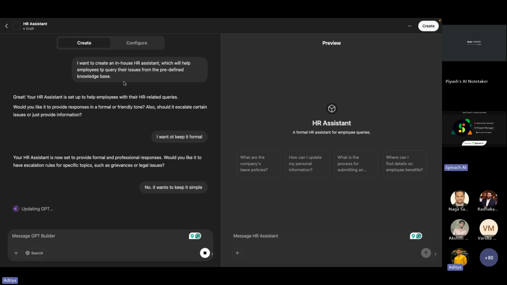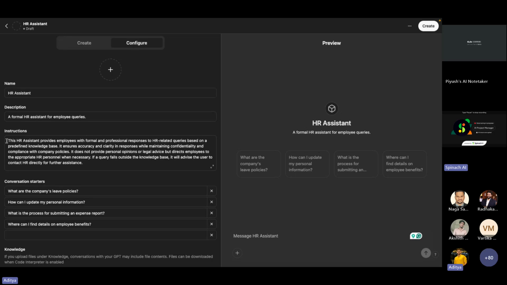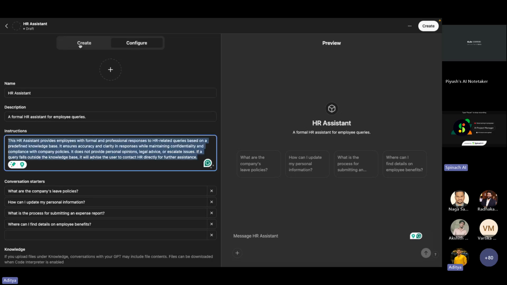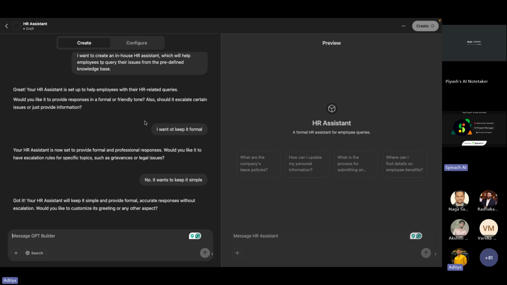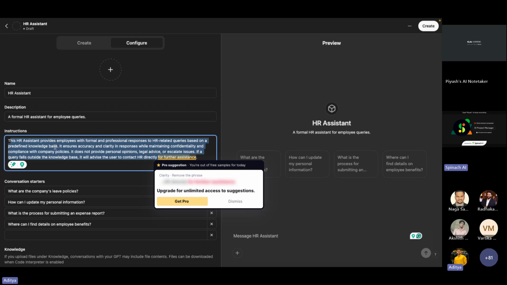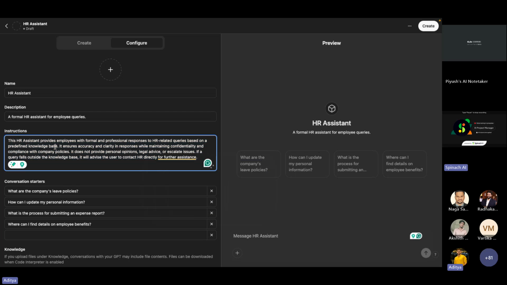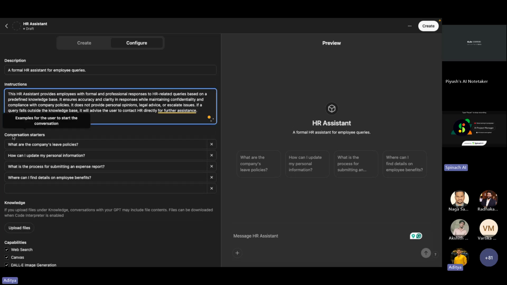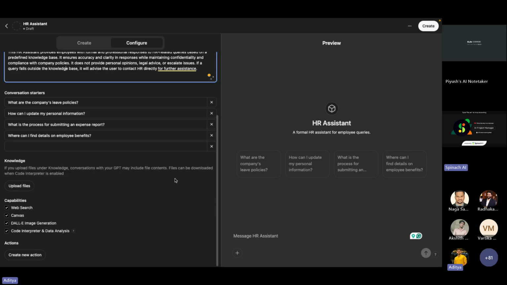So basically, it is updating the knowledge base, and it is writing some instructions here based on the feedback or the input that I have provided. You can just create it by yourself, as it's basically a prompt for how you want to act or interact with the custom GPT. Based on the input, it also created some conversation starters: What is the company leave policy? How can I update my personal information? What is the process of submitting an expense report? All those things. Then yeah, here comes the